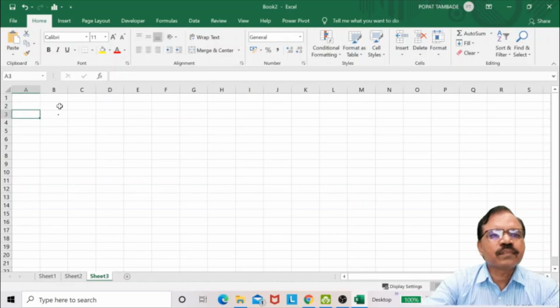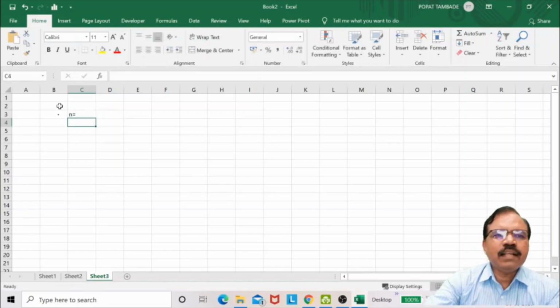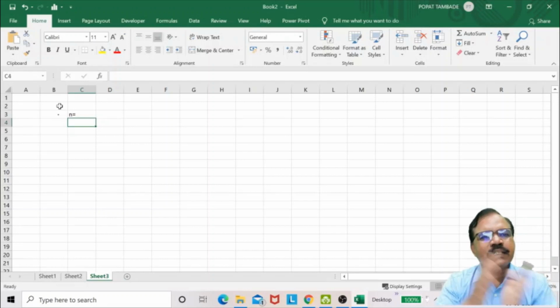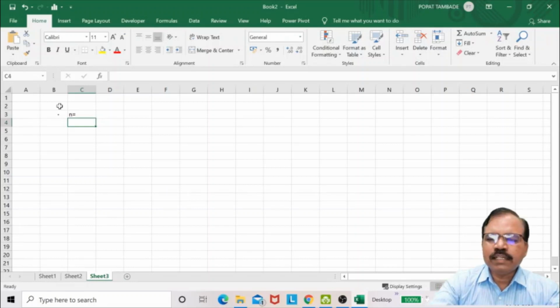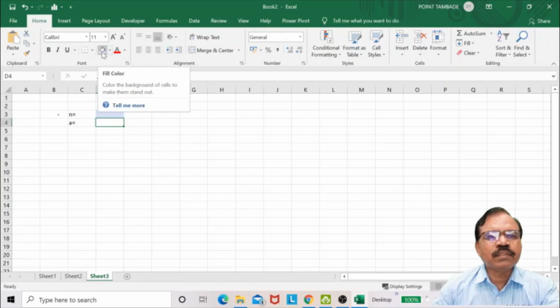So here I will write, suppose here n equal to, then I will require the range of x. So I will take x from some minus a to plus a, means the maximum value of x on both sides, means negative value and positive value. So I will take this as a. So here let us call this a equal to, that gives you the maximum value of a. Now here in this cell I will take the value of n. So I will color this, and in this cell I will take the value of a.